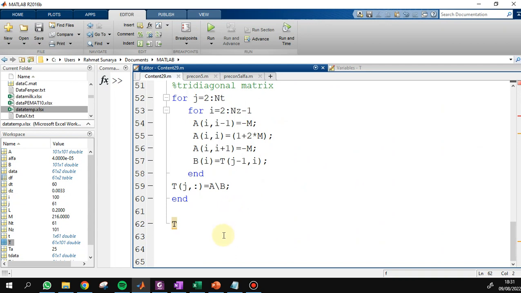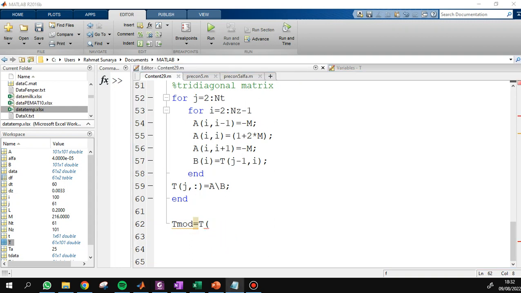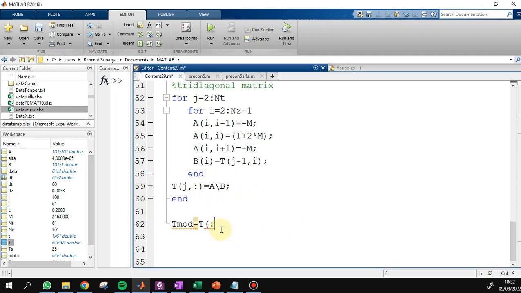T simulation, T model, equals T, the last column n. Perfect.